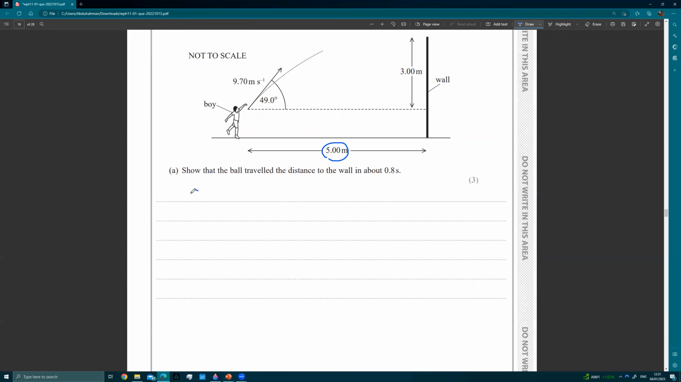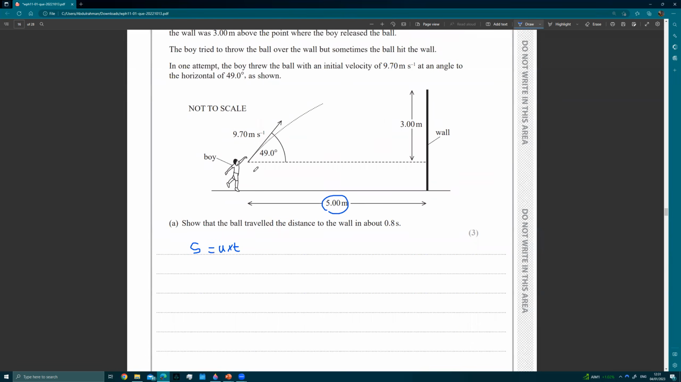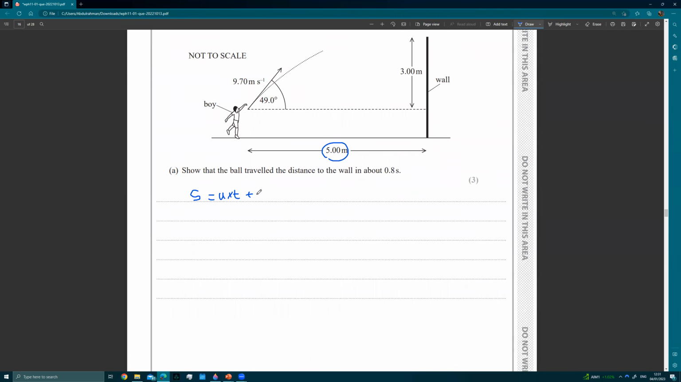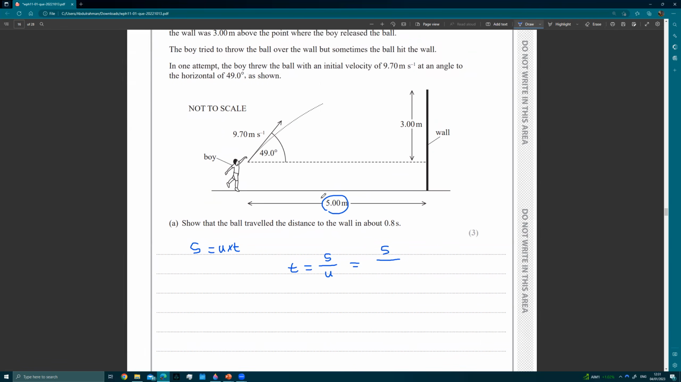So we could write down s equals ut. For any horizontal SUVAT for projectile motion this is the only equation you could use because there is no acceleration. So there is no half at squared. The acceleration horizontally is 0. So let's use this. What's the time? The time is equal to displacement over your initial velocity horizontally. The displacement is just 5 meters horizontally, and the initial velocity horizontally, we're going to have to resolve this